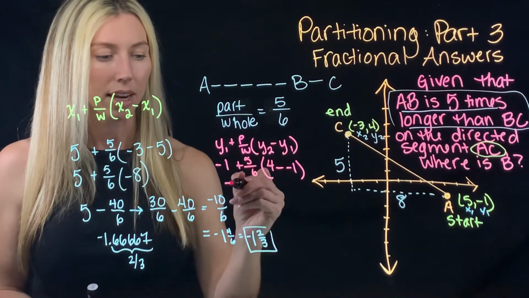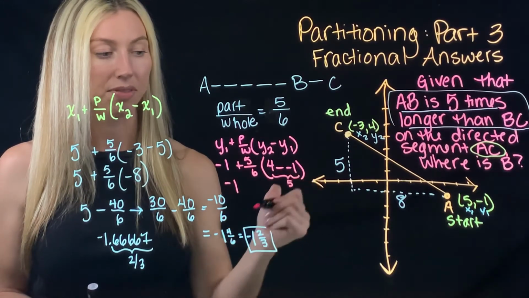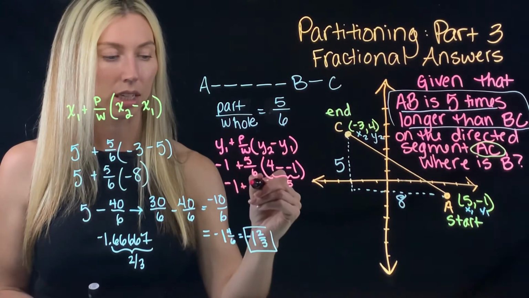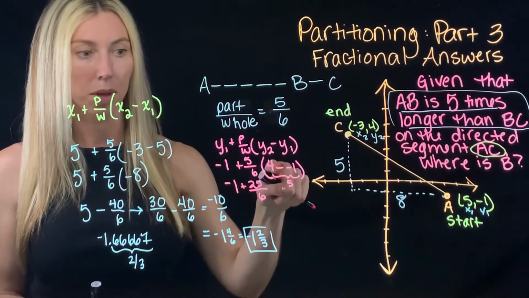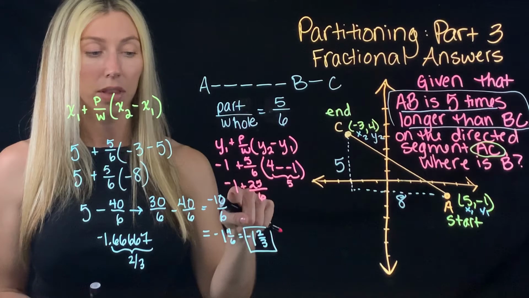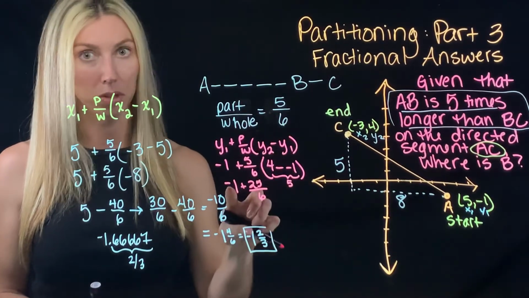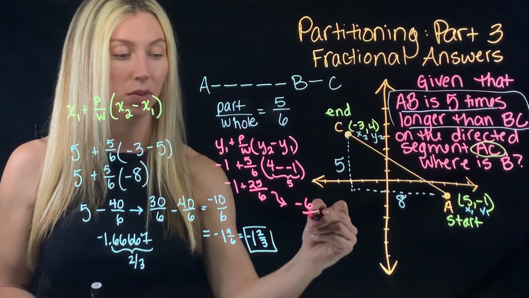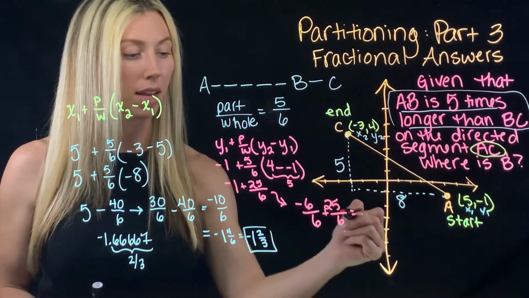So if I keep working that out, -1, let's see, this is going to turn into a positive 5. And so 5 times 5 is 25/6. Remember, I only have to multiply the whole number times the numerator. Over here, I could convert the number 1 into a fraction that has 6 as the denominator, so I would multiply it by 6. So that's going to turn into -6/6 plus 25/6, which is going to give me